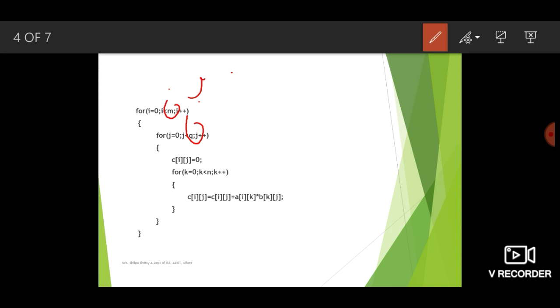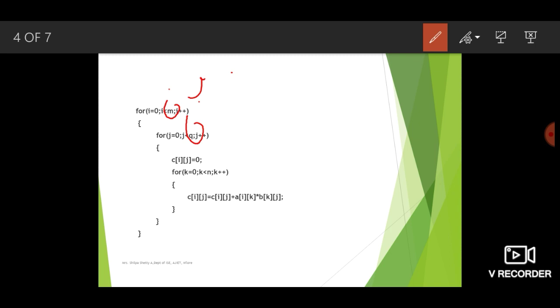The first element from the first row is multiplied with the first element from the first column. Similarly, the second element from the first row is multiplied with the second element from the first column. Also, the third element from the first row is multiplied with the third element from the first column. So here the row as well as the column remain the same.